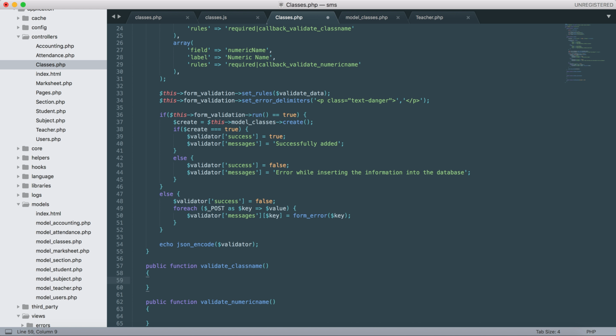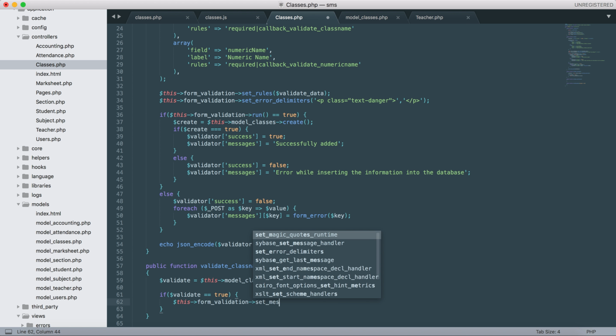So here we'll write validate equals to this module classes validate class name. If this function is not created, we'll create it soon, and if validate equals to true, then this form validation set message